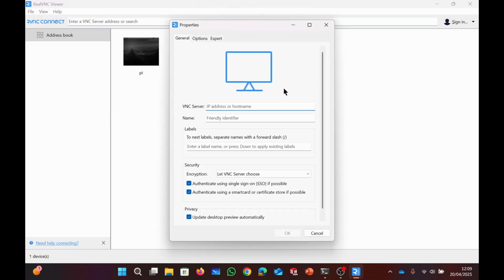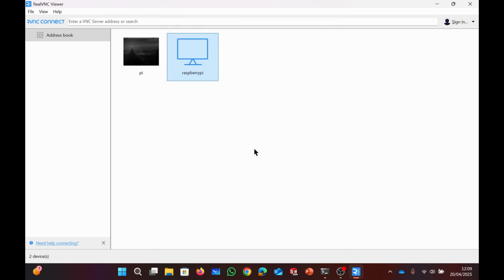File, new connection, and then you can put the IP address over here. As we know, I already looked at the IP address, so I can do Control-V. I already copied it. Then you can put Pi, then it will appear here. I'm just going to put Raspberry, and then okay, so this name is just so you know what it is. Then you can press OK, and then right click it, connect,